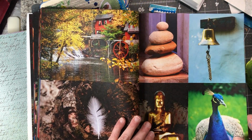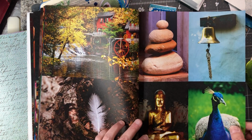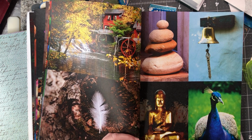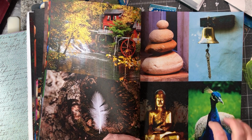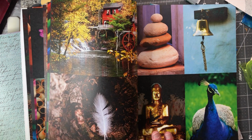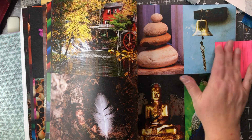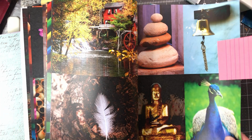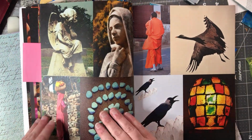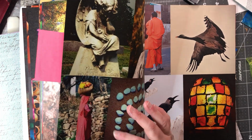There's another peacock. See? I think what I want to do is just hold off, and I'll know that that's in here. Let me just do a little sticky note. I'll know it's in here. The back side's not really that intriguing to me, except for this part. I'll lose a little bit of that, but